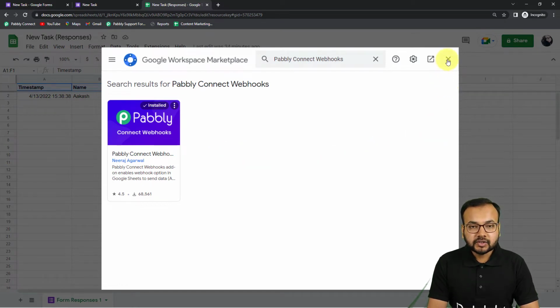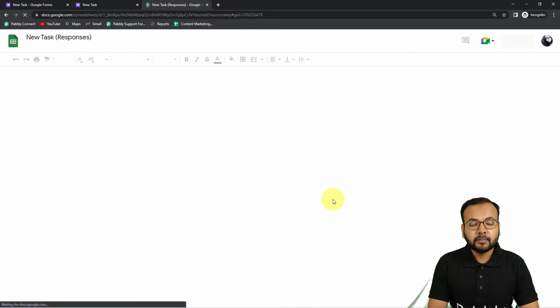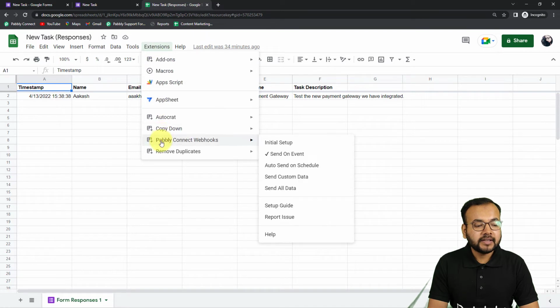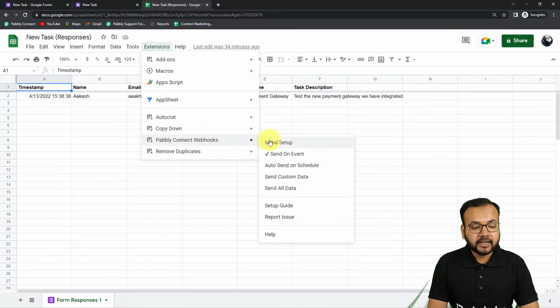But after installing this add-on here, you need to refresh your spreadsheet. This is an important step. After installing Pabbly Connect Webhooks, refresh your spreadsheet. After that, click on extensions again, and you will find this Pabbly Connect Webhooks option readily available here in the drop down. So from here, click on initial setup,